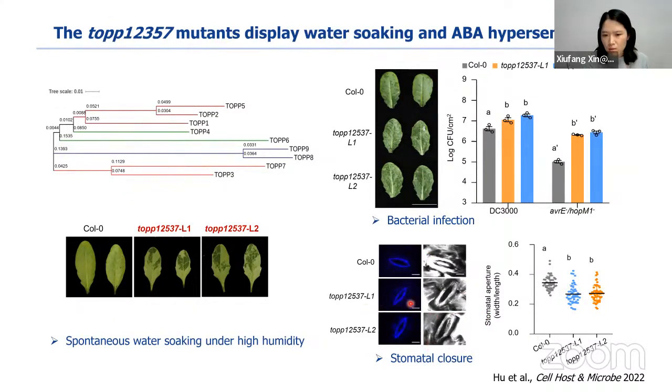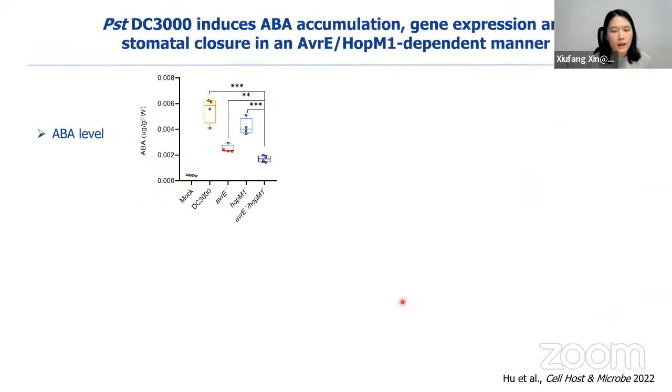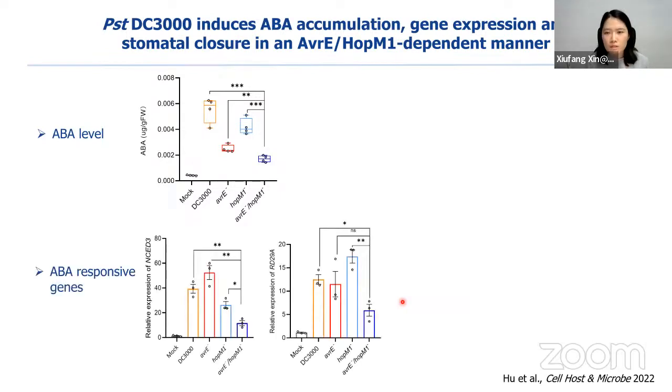We found that the top mutant, for instance, has a very strong stomata closure phenotype. So this result suggests to us that the ABA pathway and possibly stomata movement are involved in the water-soaking formation. And indeed, I'm showing you that when we do bacterial inoculation using wild type strain or AvrE HopM1 mutant strain, we see that this bacteria can induce ABA responses, including ABA accumulation, gene expression, and stomata closure in an